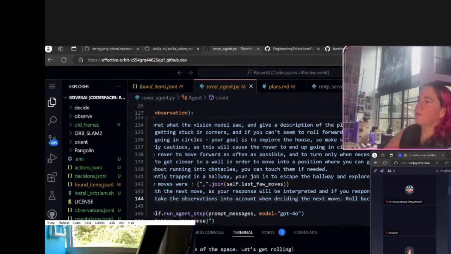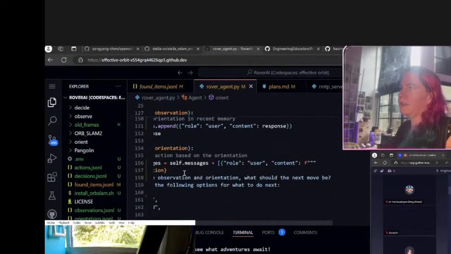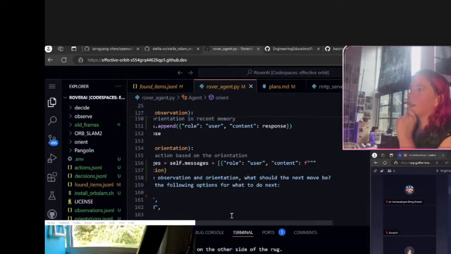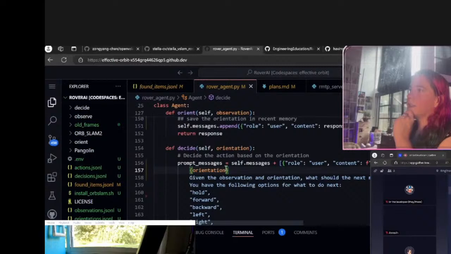Okay, it just says hold. So orientation says turn right, decision hold. So let's move left: orientation, turn left, decision forward. Okay, so we're not taking the orientation information into account. Okay.